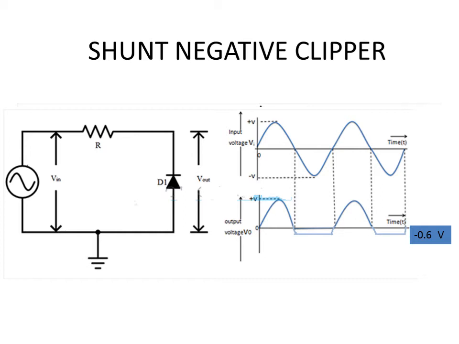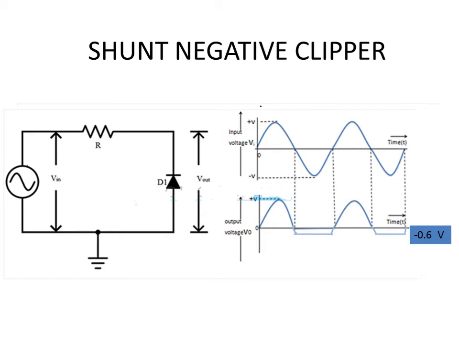You will have to replace this diode D1 with a battery in such a way that the negative of the battery is in the upper part, and the positive of the battery is in the lower part. But when we measure the output, you are connecting the CRO in such a way that, as I marked earlier as 1 and 2, 1 was above, and the positive of the CRO should be connected to the N region of the diode, and the negative of the CRO should be connected to the P region of the diode.